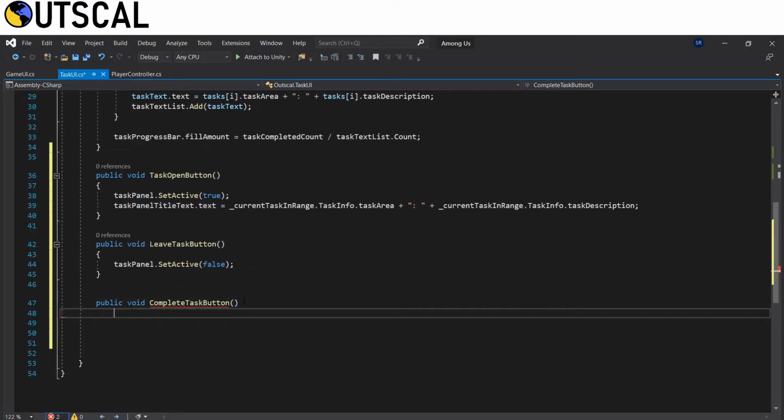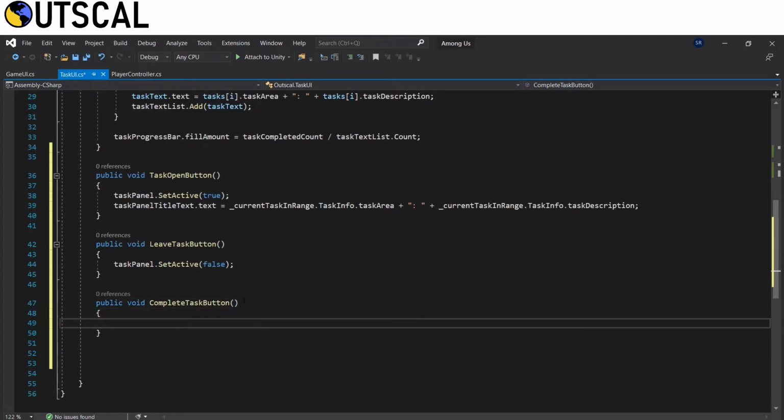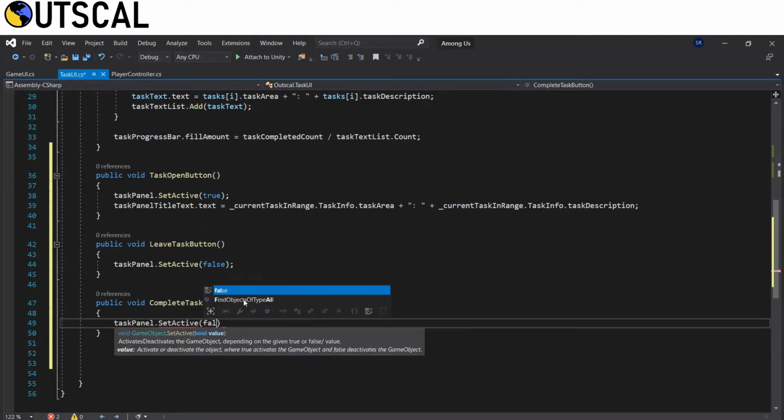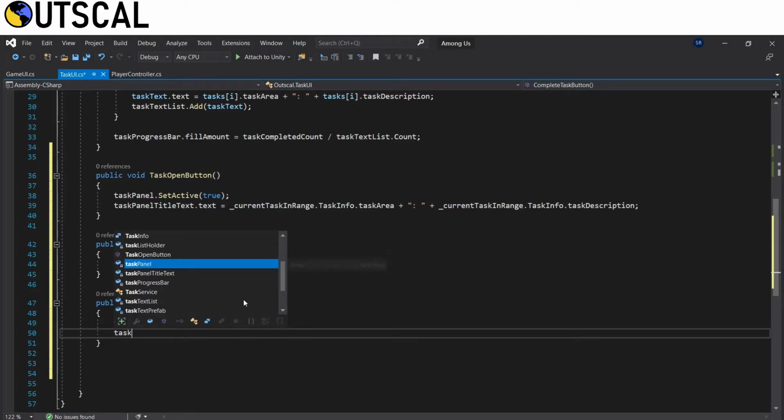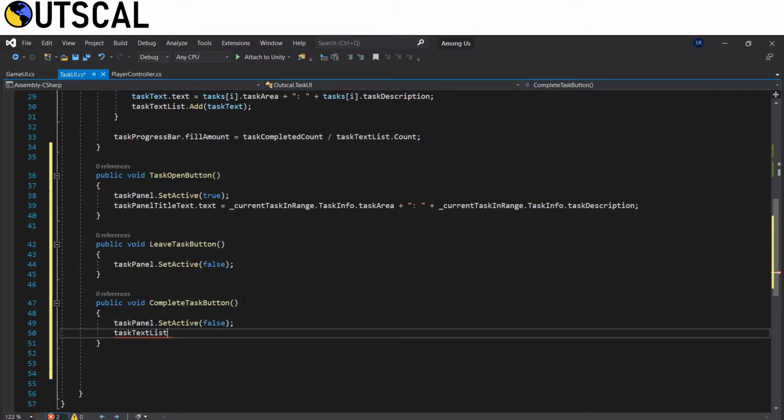Then create a public void complete task button method. In this method, we first make our task panel dot set active to false.